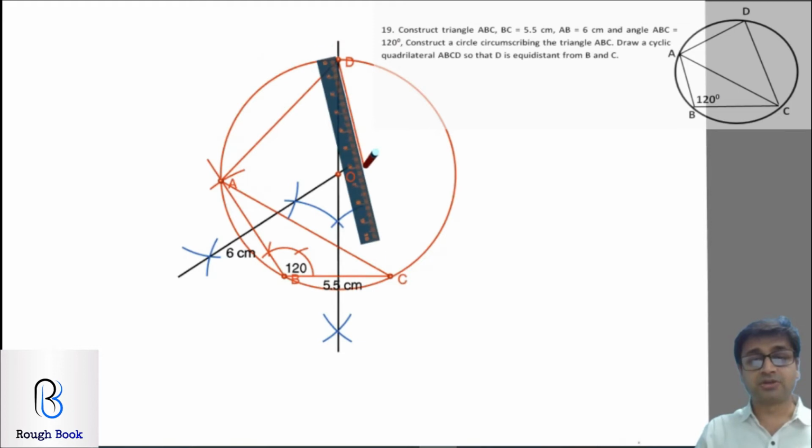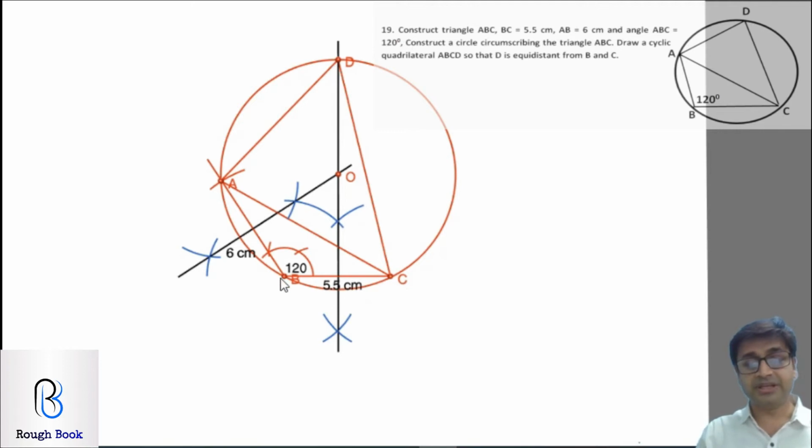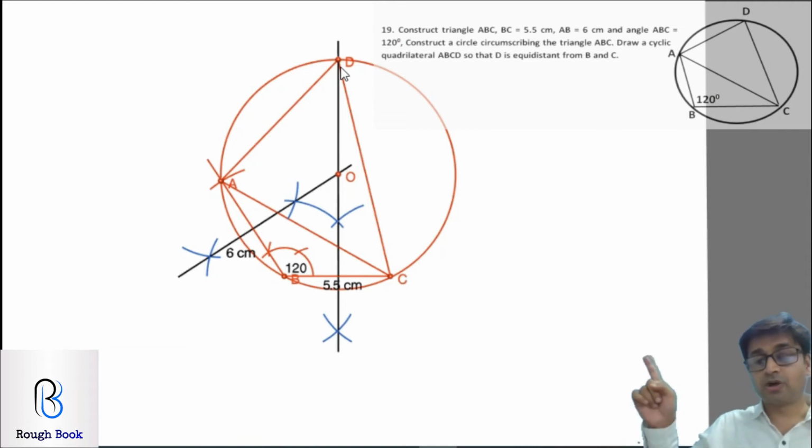So if you look at this one, what have we done basically for the last part? They said that D is equidistant from B and C. So if you measure DC and if you measure BD, both will be equal. Why? Because it is lying on the perpendicular bisector. So automatically it becomes isosceles triangle DBC, wherein they are equal from B and C. So D is equidistant. That's the property from loci. I hope you got a construction as neat as that one.